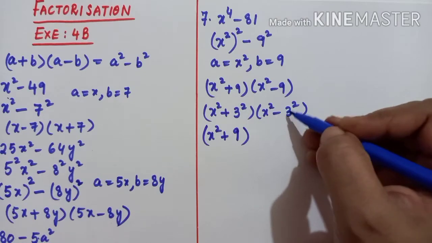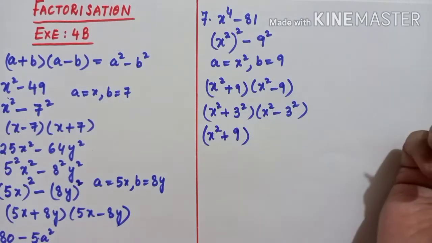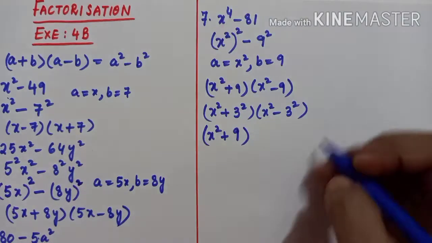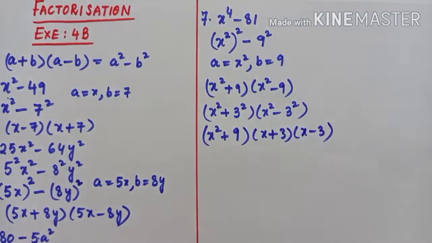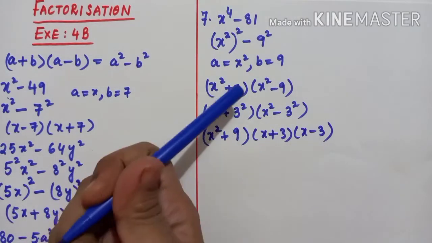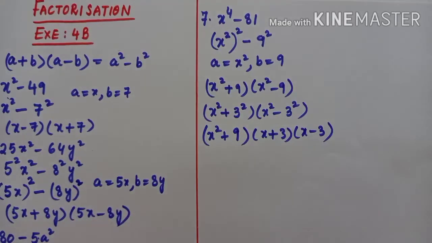Here we can write x square minus 9 as x square minus 3 square. Why? Because it will be in the form of a square minus b square, where a is x and b is 3. So a square minus b square means x plus 3 into x minus 3. Got it? So x square plus 9 you keep as it is, because both are plus terms. Here the a square minus b square form you will get, so that's why you write a plus b into a minus b. In some problems x power 4 will be given, so this is how you have to do it.